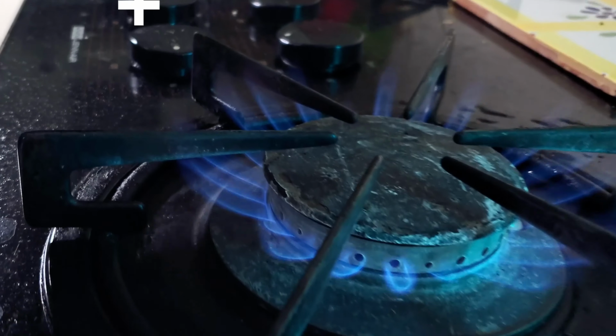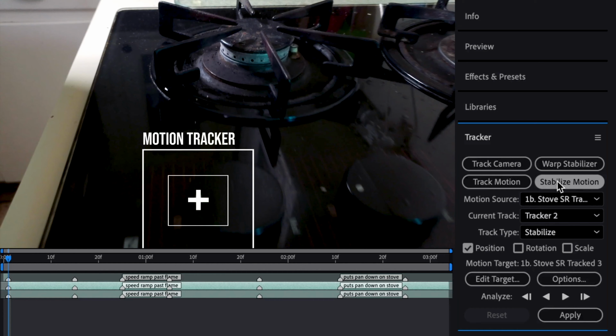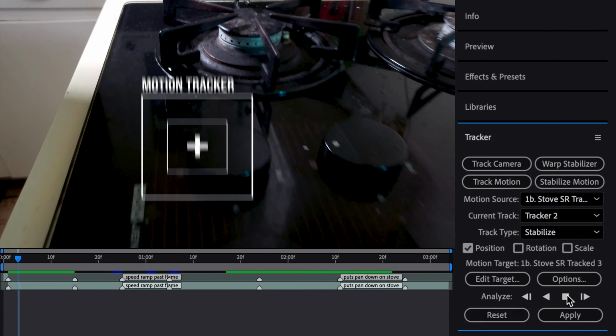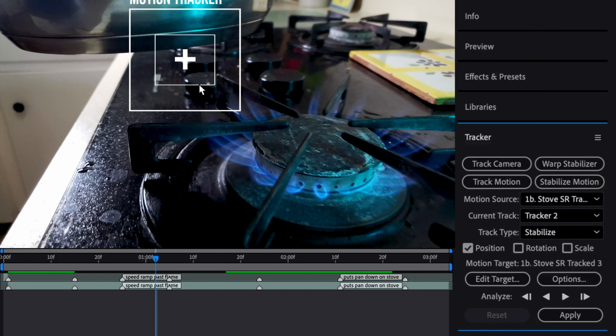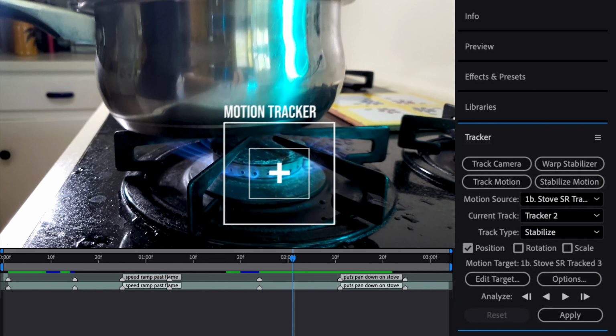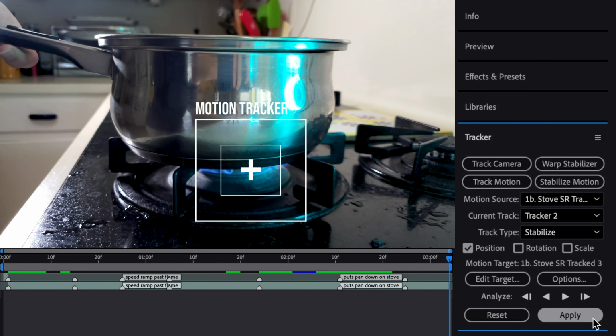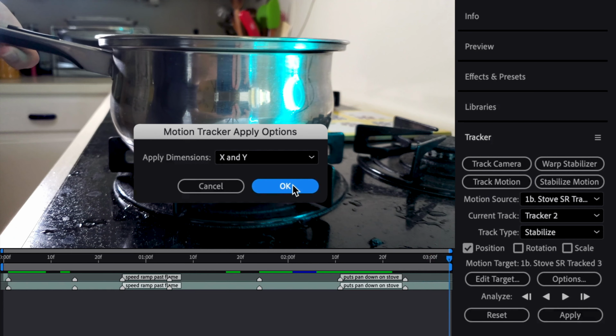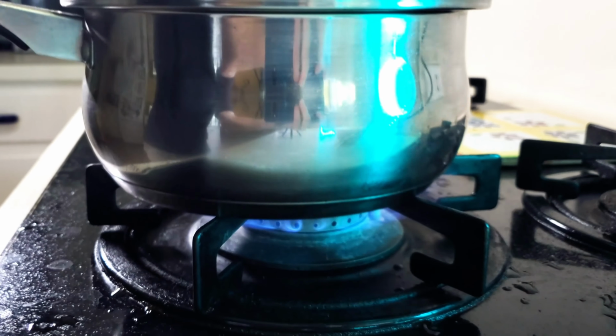I moved the tracking point a couple times to different objects because the shot is sweeping back and I wanted to lock onto something else. I did this by dragging the tracking box by its edge, which offsets the tracking point so you can use another object to stabilize. That way when you hit apply, you have one continuous motion, but you won't see a giant jump to another part of an image.